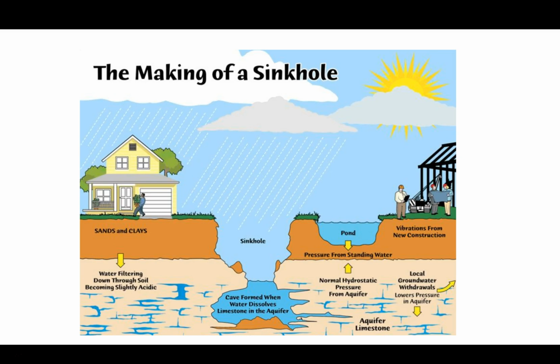Now, this relates to sinkholes and our study of sinkholes because, take a look right here, where we see local groundwater withdrawals lower pressure in the aquifer. So you can imagine if you are taking a lot of water out of the aquifer much faster than it's naturally able to replenish itself, then that natural pressure from the aquifer pushing back up on the soil above it is going to be less, and you're more likely to get that collapse of the soil above it